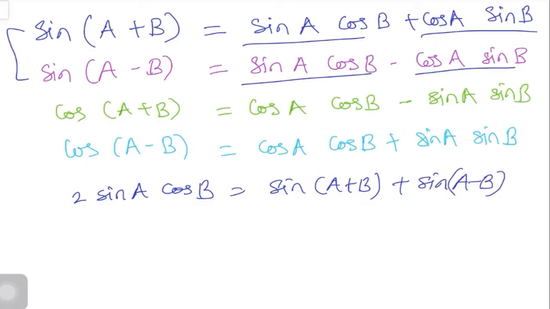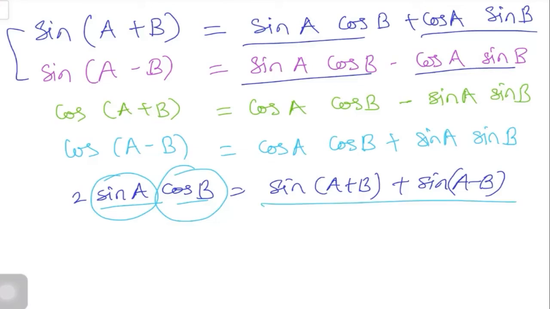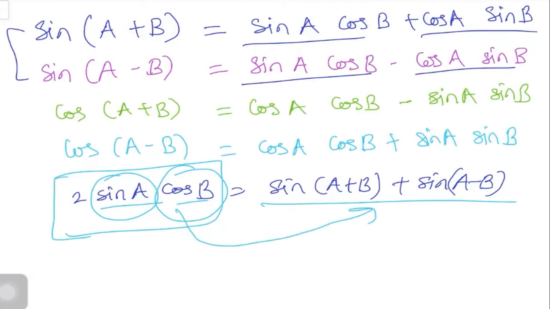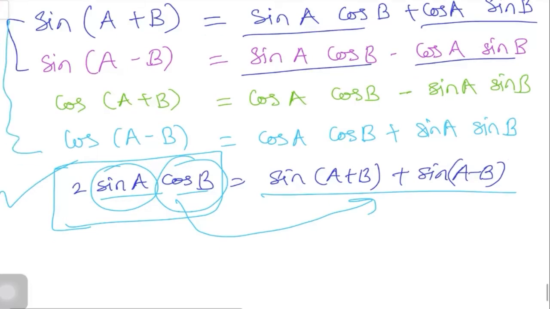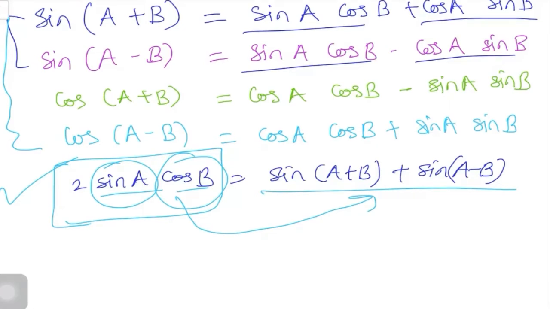Whenever you have the product of two trigonometric functions, out of which one is sine of theta and the other is cosine of another theta, we can write them as this expansion. Here one term gets expressed in terms of multiple terms. This formula is very important in engineering mathematics. Now here we have added these two equations. Now one can subtract them.